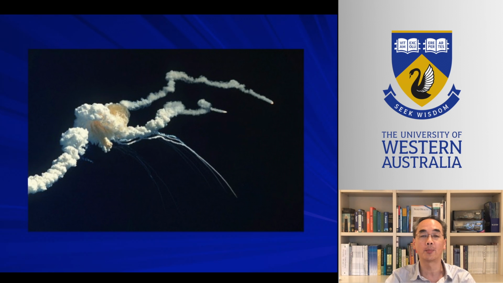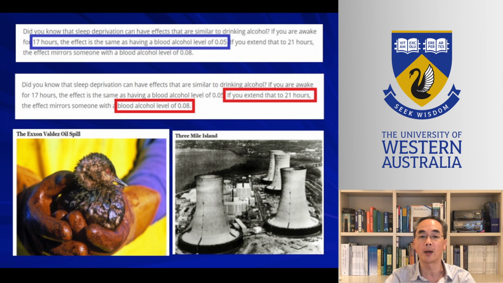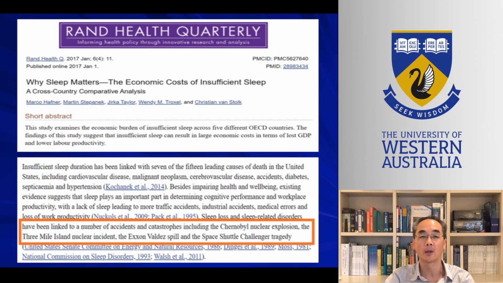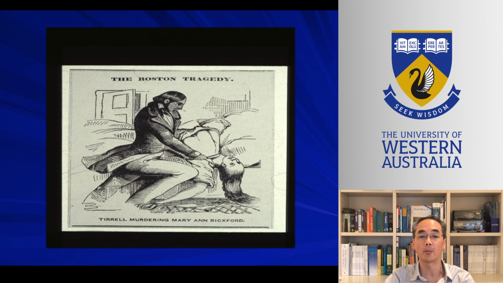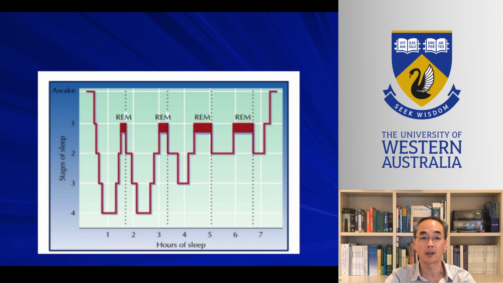Last week I discussed the importance of sleep medicine and the consequences of not recognising and treating sleep disorders. In particular, I highlighted major disasters which have been linked to sleep deprivation, which can have a similar effect to being under the influence of alcohol, leading to poor decision making as mentioned in this international paper. I also left you with a picture which represents yet another sleep disorder. In the next 5 minutes I will explain this picture, but first, in order to do that, I need to go over some basic sleep physiology, namely sleep architecture.